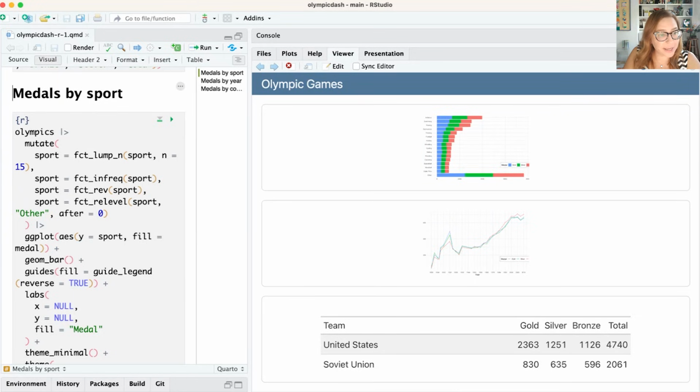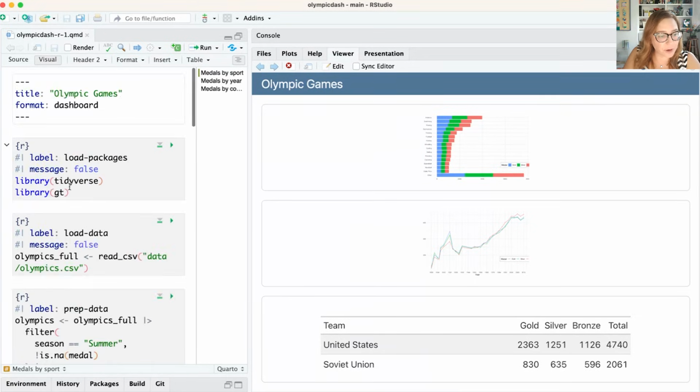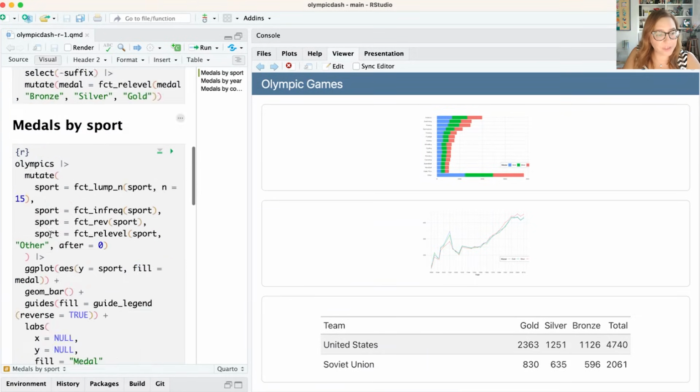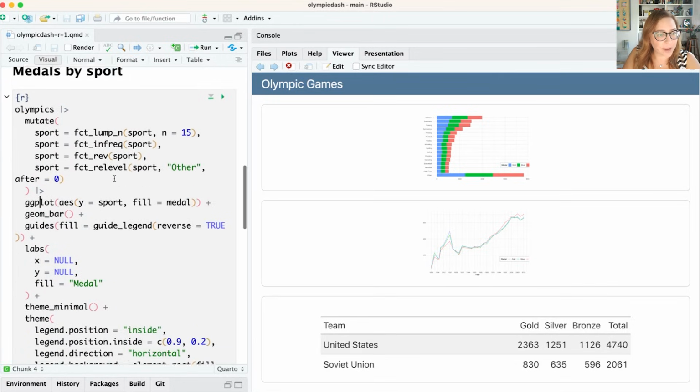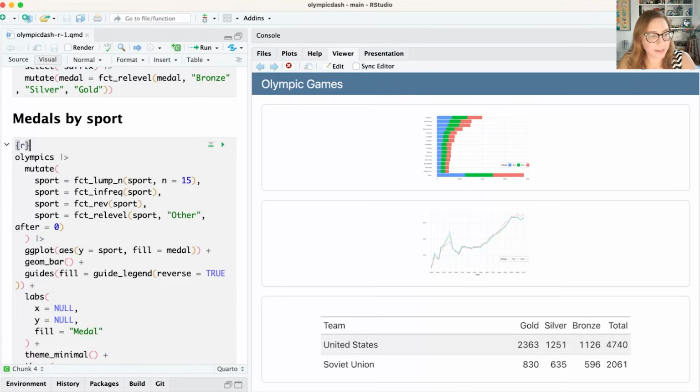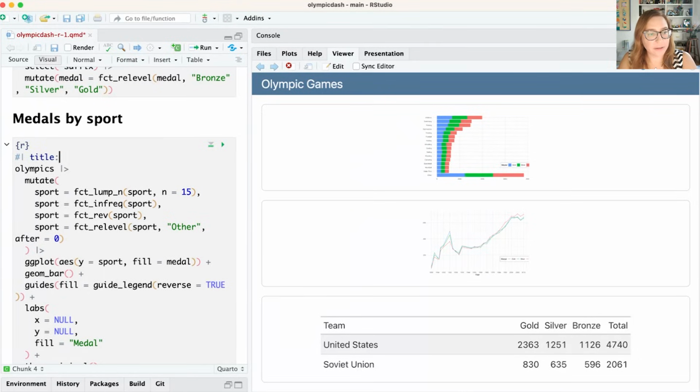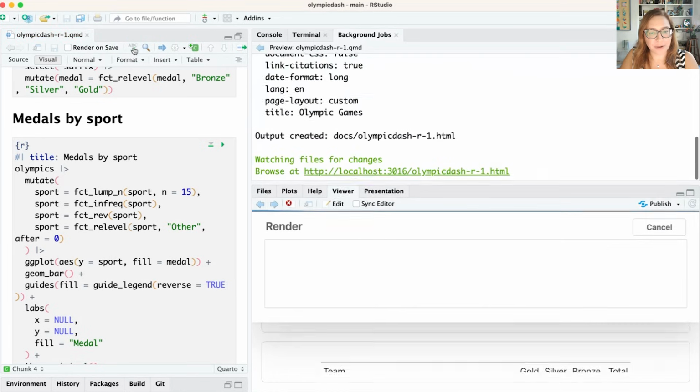So let's go ahead and take a look at our first code cell that creates a visualization. So that's here. I'm going to put away my outline, and I am going to add a title, medals by sport, and let's go ahead and render that.